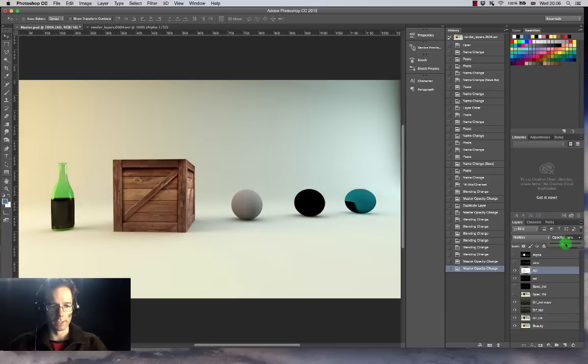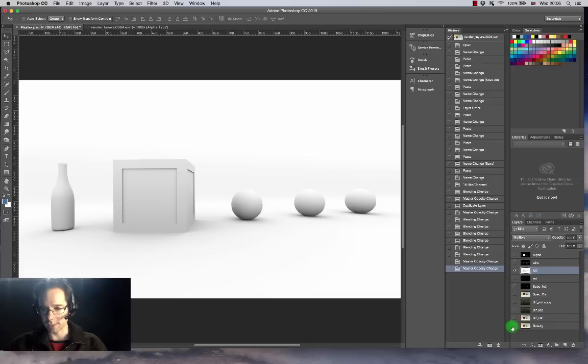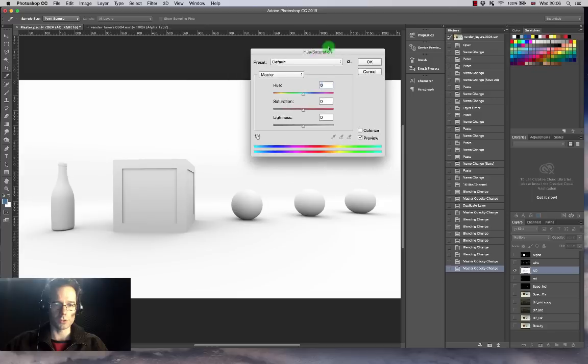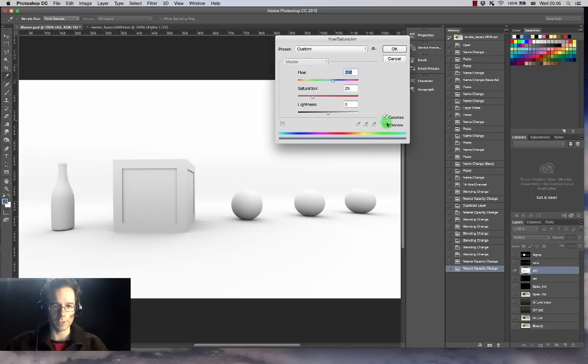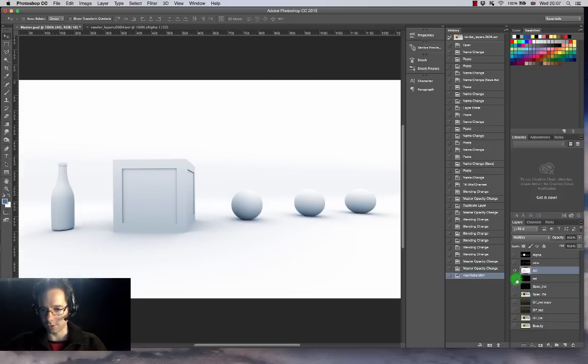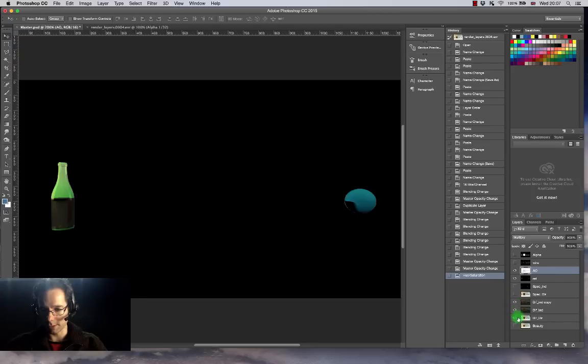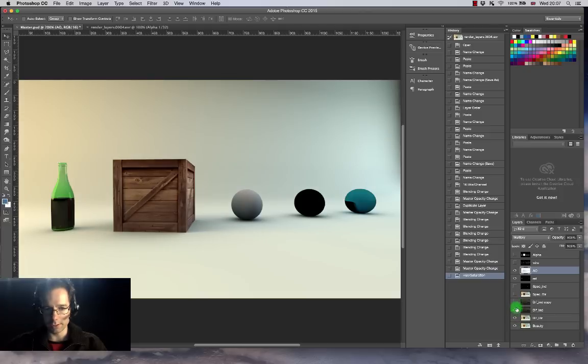and I can make it clearer and clearer, and I can make it darker and darker as I need to, just like that. Even if I wanted to, another thing I could do, if I just single out the ambient occlusion for a second, if I took this layer specifically and I colorized it slightly by pressing Ctrl U to bring up the hue saturation controls, and pressed colorize, added a little bit of saturation just to add the most subtle little blue tint like that, and then I'm just going to hit OK for now and turn on my refractivity and my indirect lights,